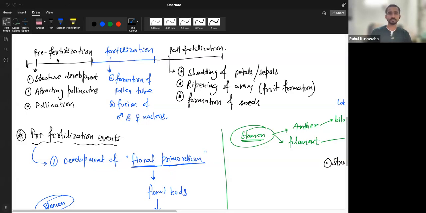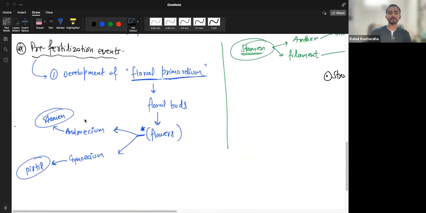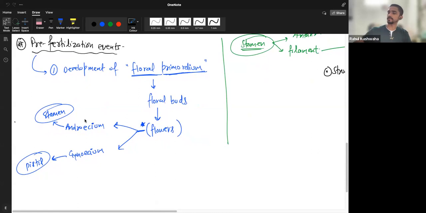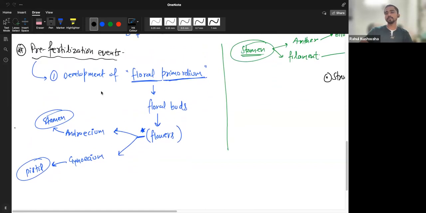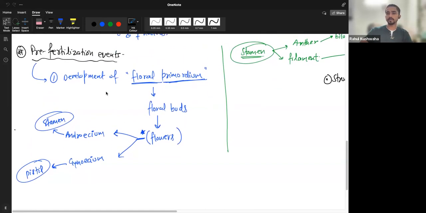I think we started with the first category, pre-fertilization events, where we talked about development, right, Parker? Yes, sir. What did we discuss? Where did we leave off? I think we were studying about the tapetum. Tapetum, yeah. So I told you that we first started with the